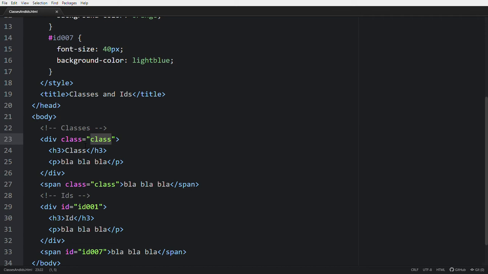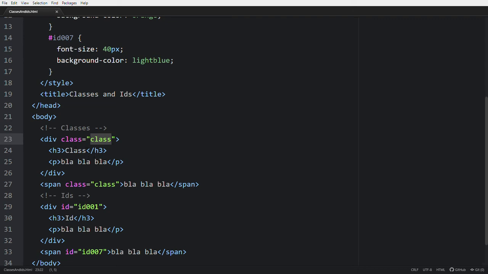Class attribute is created to make changes on a specific element. Whichever element you want to make a change on, that happens with the use of class. We can use this class in two places: one is in style sheets, another one is with JavaScript.